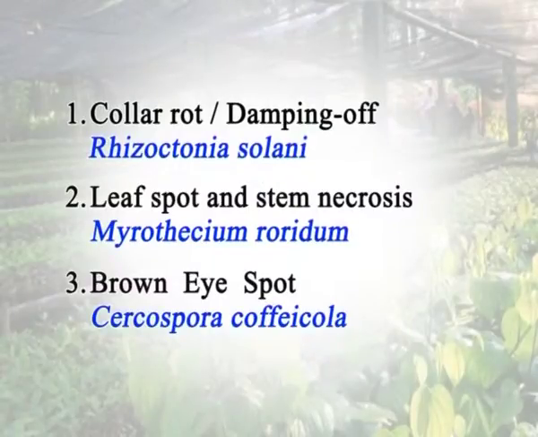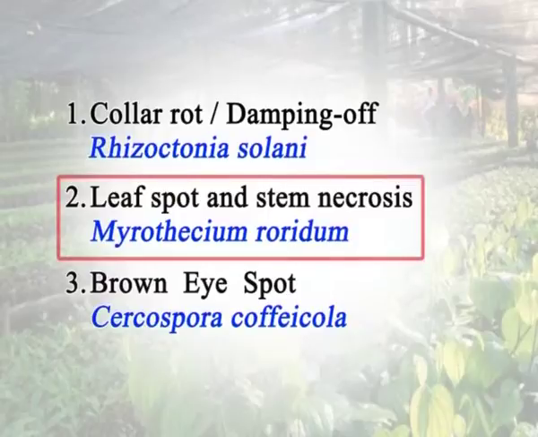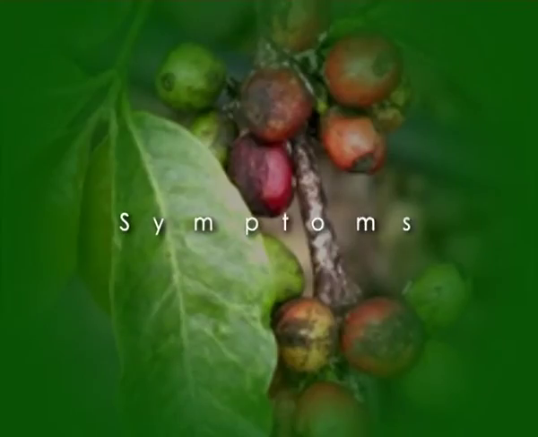Next important disease in the nursery is the leaf spot and stem necrosis. This disease is caused by Myrothecium roridum. This disease occurs on seedlings both in the primary and secondary nursery beds. Regarding the symptoms,